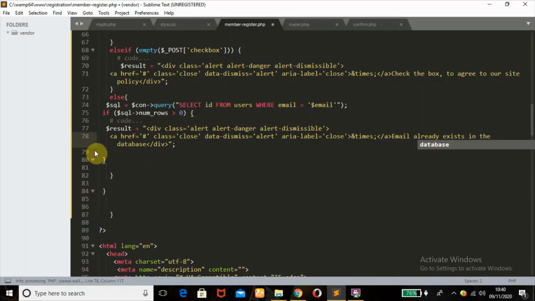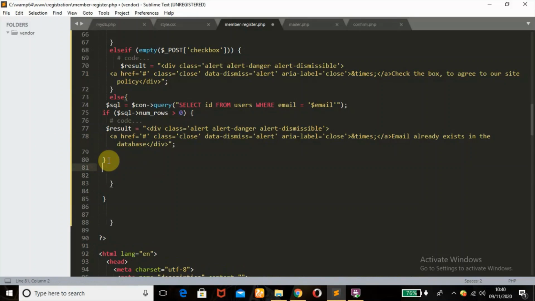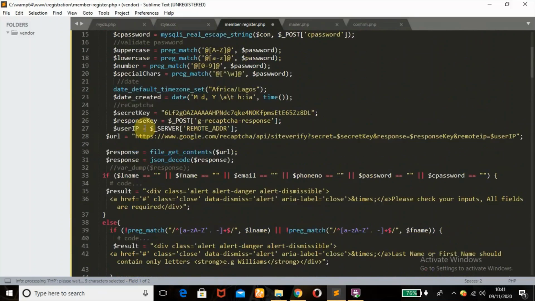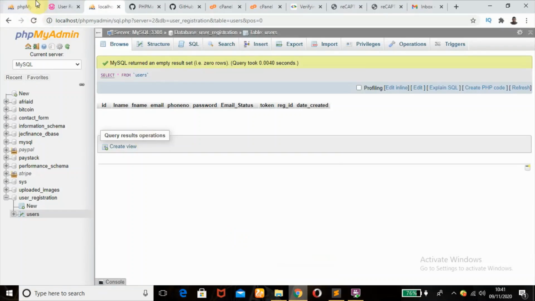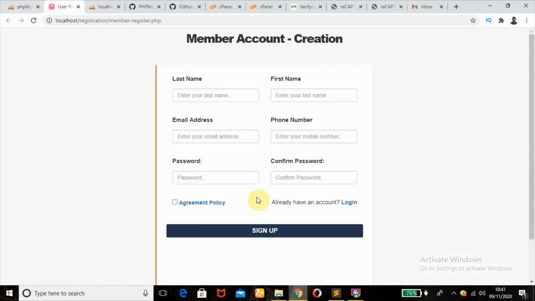So that is it. So what else am I going to check here now? I'm going to use an else if statement now. Okay, I'm now going to check for the Google reCAPTCHA. All right, I've checked for this policy. I'm going to check if the user